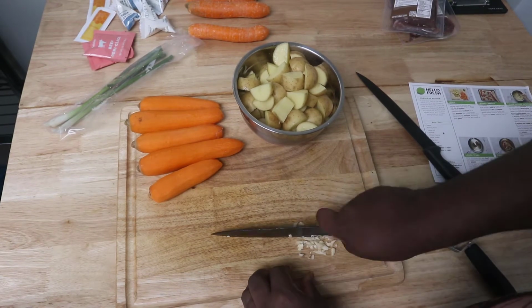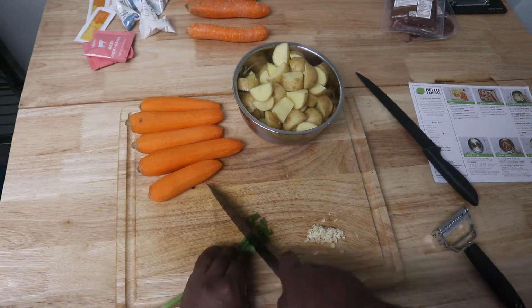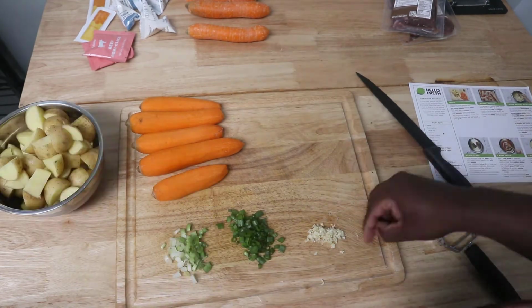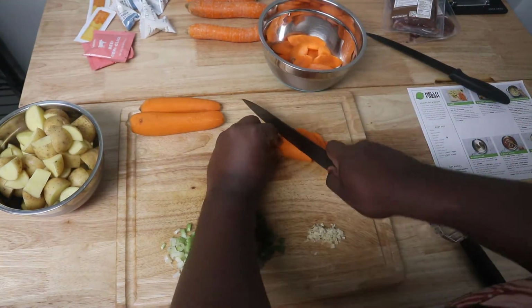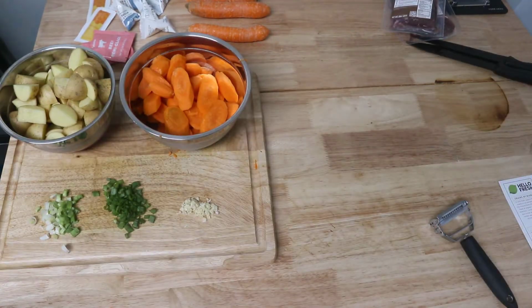Preparation for this dish was pretty straightforward. Nothing too crazy or fancy. The steps were pretty simple and easy to understand. You'll start with cutting and chopping up all of your veggies after you wash them, of course. You didn't see me do that in this video, but it's a step that they say to do, so wash your